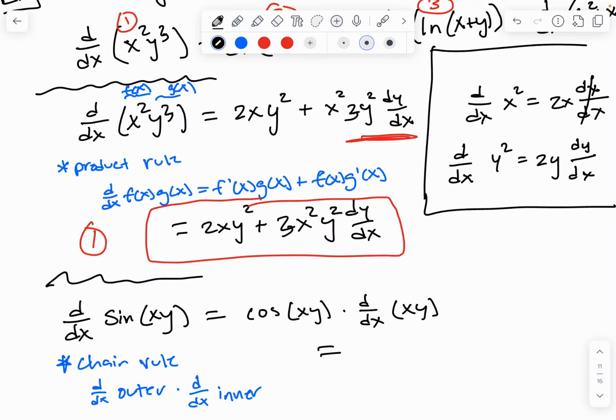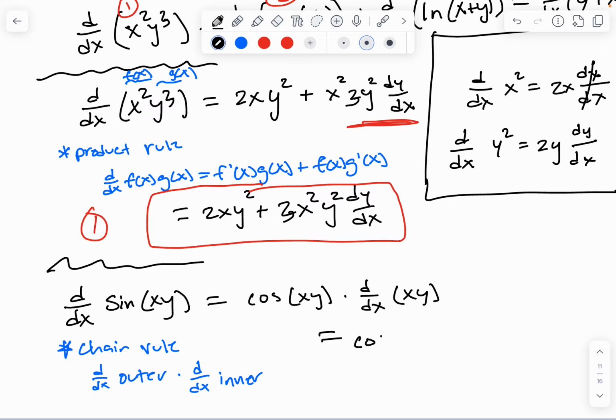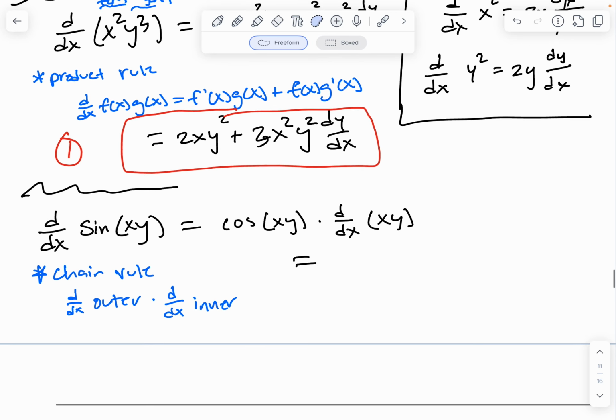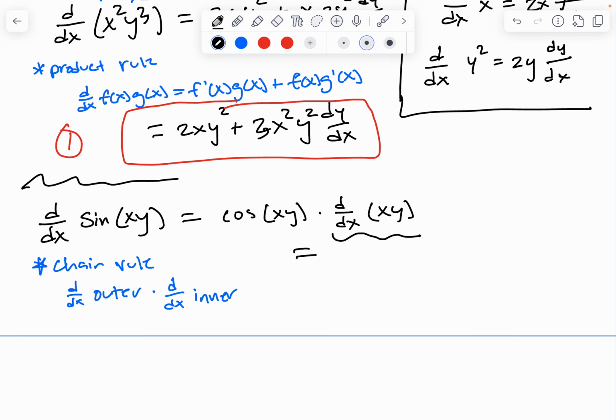So this ends up being cosine of xy. All right, let's look at just this part right here. This is just another product rule, because you have two functions multiplied by each other. So this is product rule, and we already did product rule above here. So just to quickly do this, we're going to do